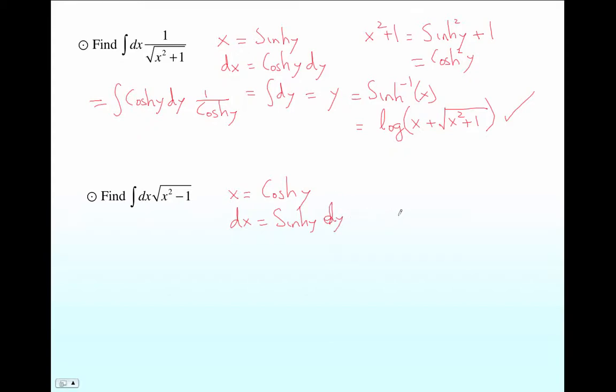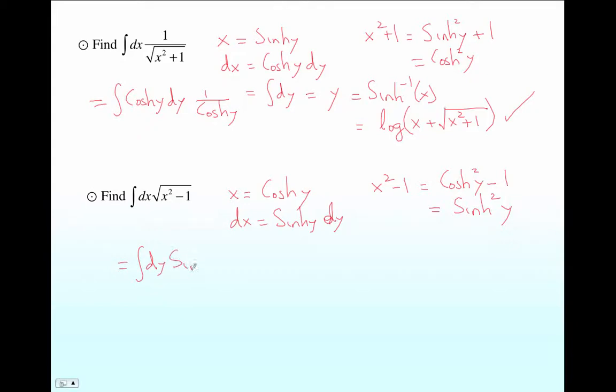If I look at x squared minus 1, that is cosh squared y minus 1, which is sinh squared y. And so taking the square root, this becomes the integral of dy